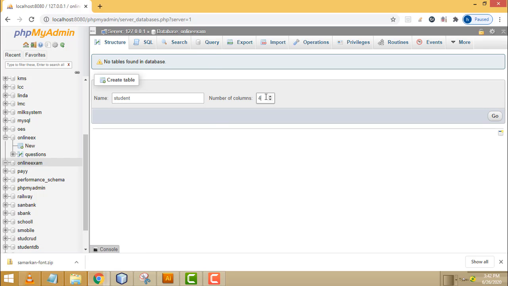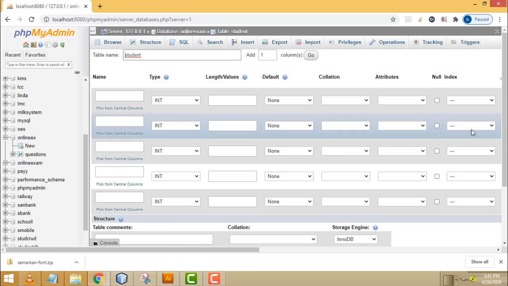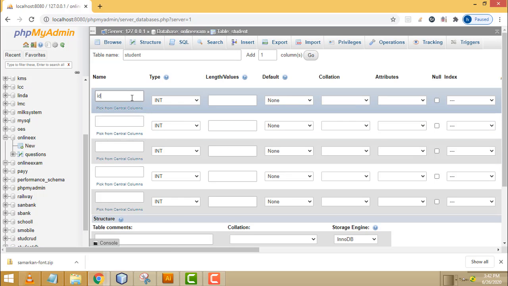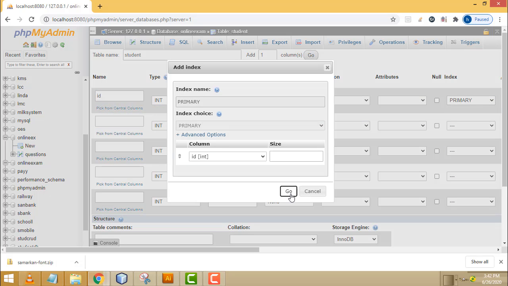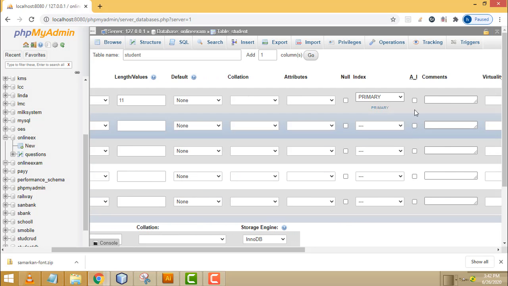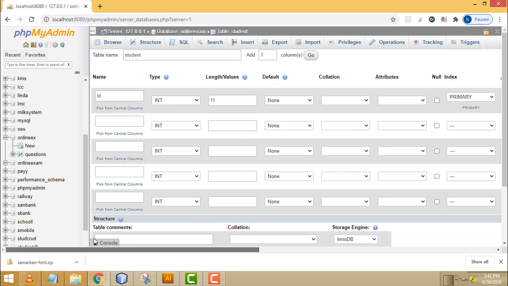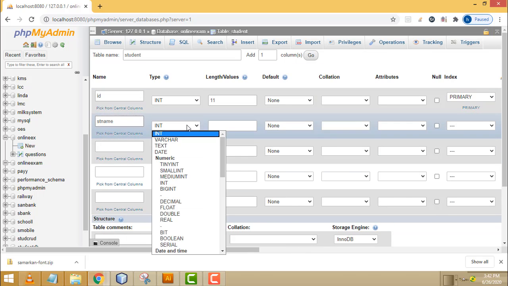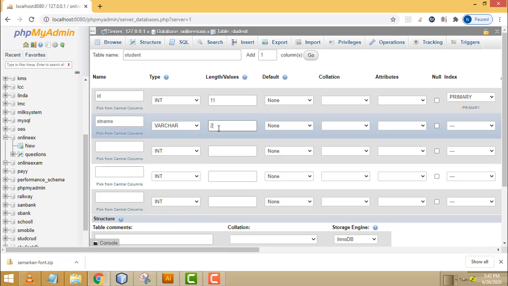Inside this we have 5 columns. Click Go. The first one should be the student ID, primary, and this one should be auto increment, right? After that the student name, ST name, I am going to write here as varchar.